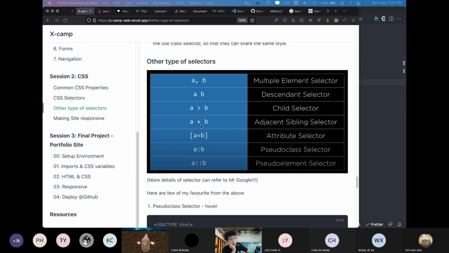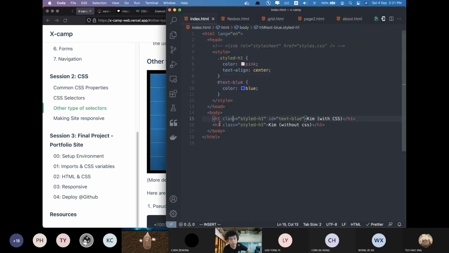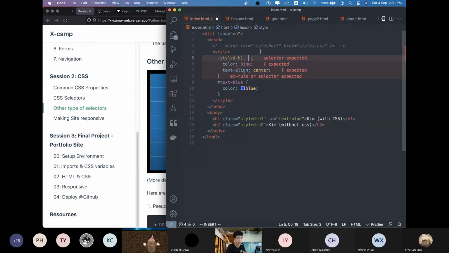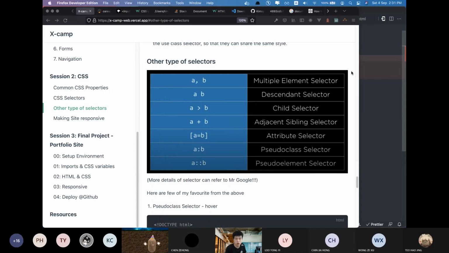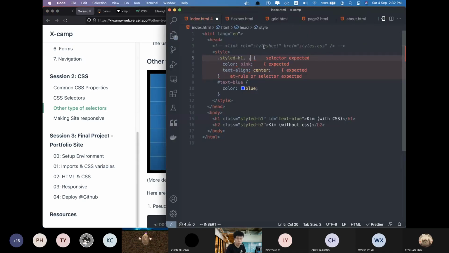For example, there are cases where you want to have multiple elements. Let's say this one is an H2, and you want to style this H2 and this H2, and the only difference is that you want to apply the same styling. We will call it style H2, just for convenience. We want it to share the same styling as style H1. So what we can do is use a comma selector, then comma, then we go